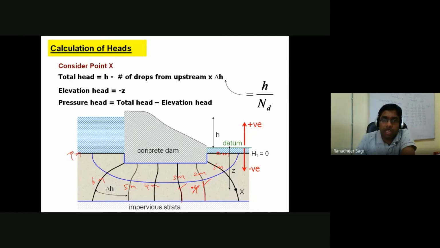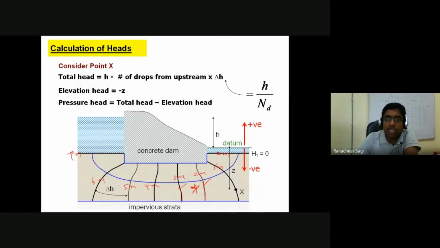So this point Y is somewhere in between the equipotential line, which has a total head value of 3 meters, and the equipotential line, which has a total head value of 2 meters. So in between these two equipotential lines, your chosen point Y is lying. So then in such a case, from simple approximation, if I am required to calculate my total head value